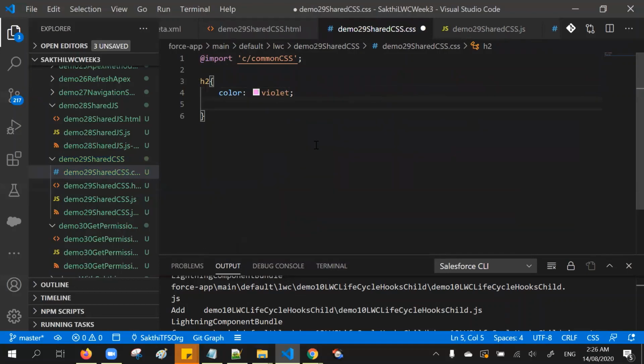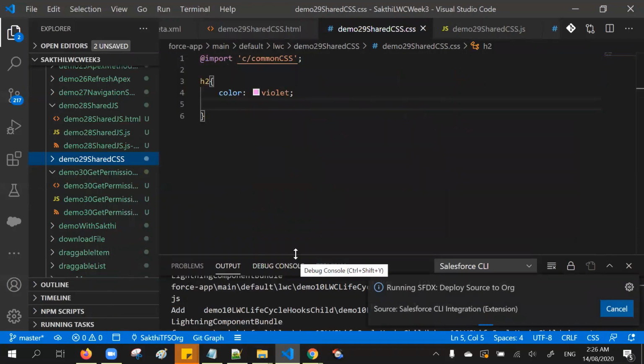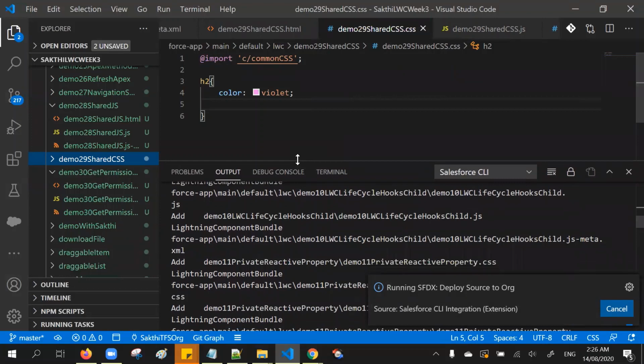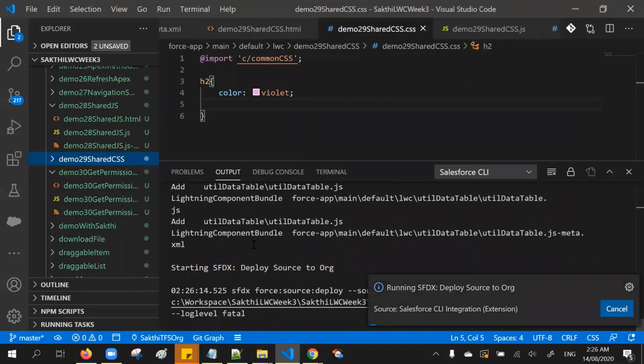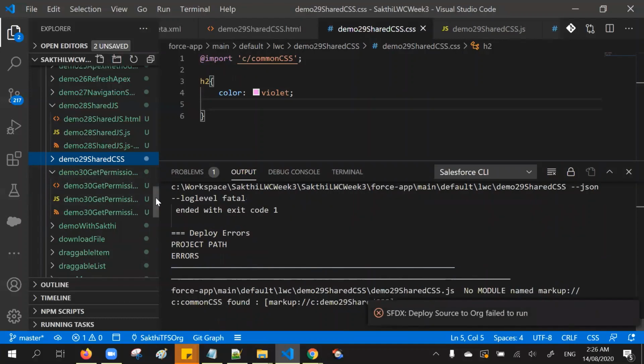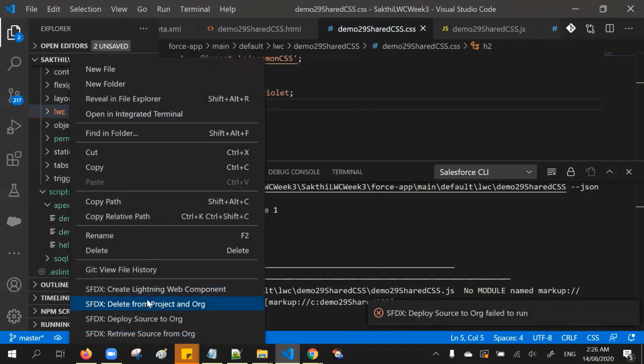Let's save that. And if you notice, if you try to deploy this individual component without the CSS only module, it's not allowed to deploy. It's an issue. Hopefully Salesforce fixes that issue shortly. But the workaround is to either select both components and deploy together, or deploy the entire LWC folder.